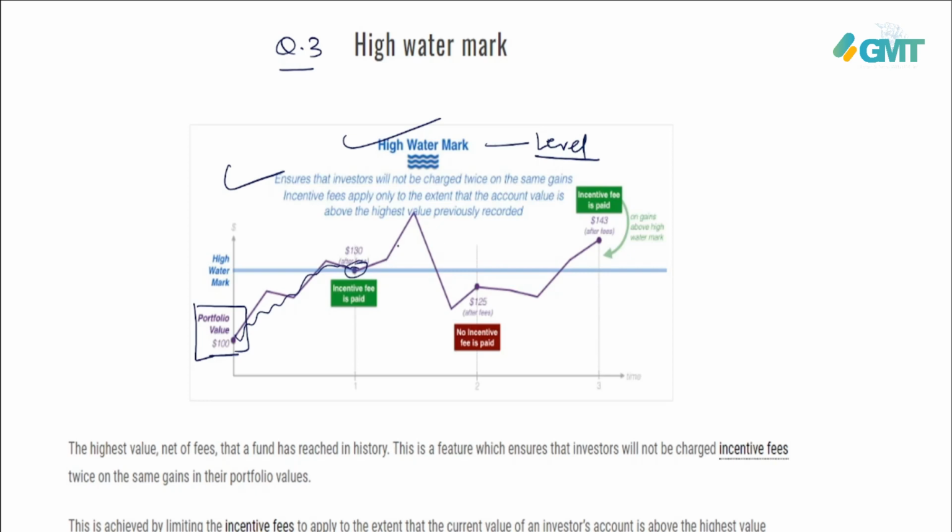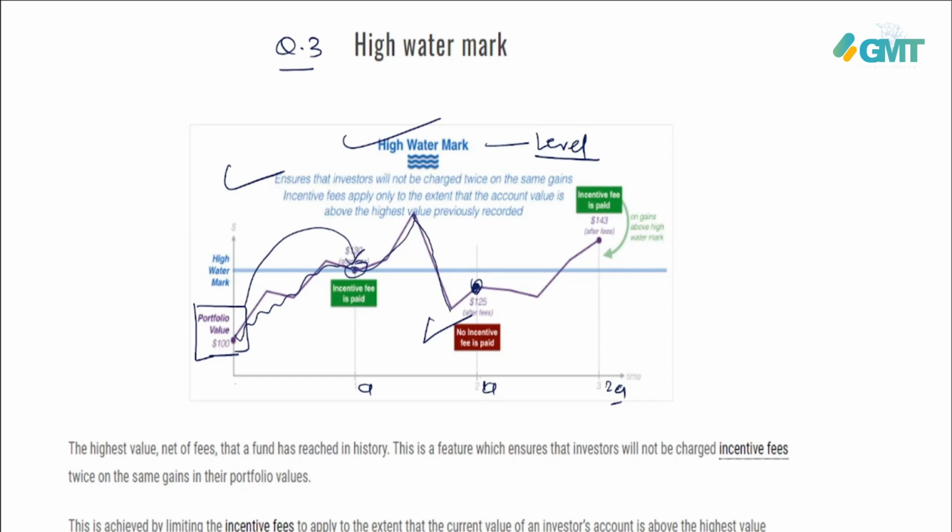So if you see in this case, let's say this was the beginning, and this was quarter 1, quarter 2, and quarter 3. If you see here, in the first quarter the fund achieved the target, right? And in the next quarter, the fund's NAV, net asset value, went down and reached here, which is 120. So it means in this case no incentive fees will be paid